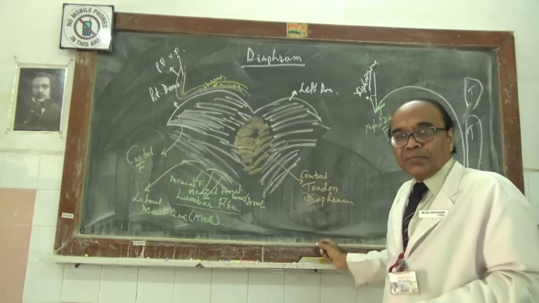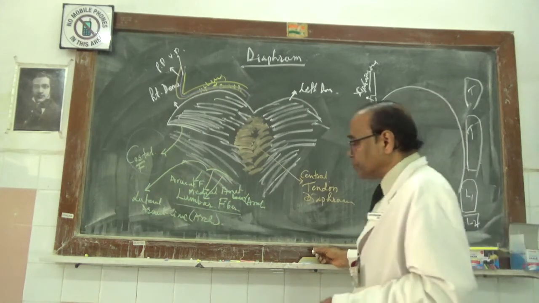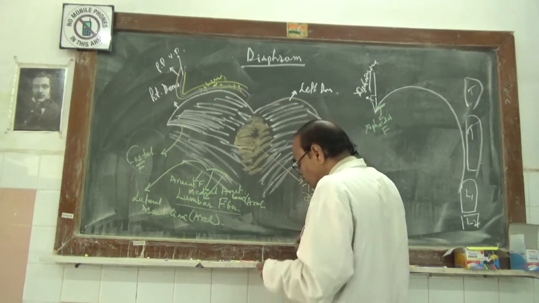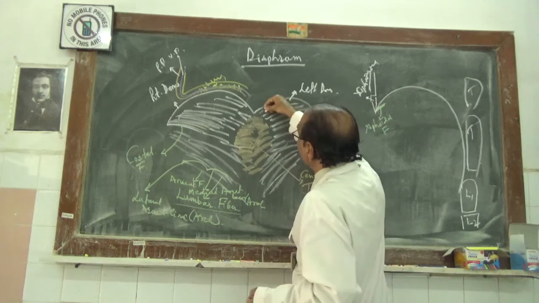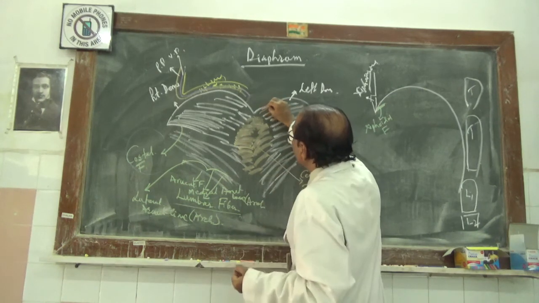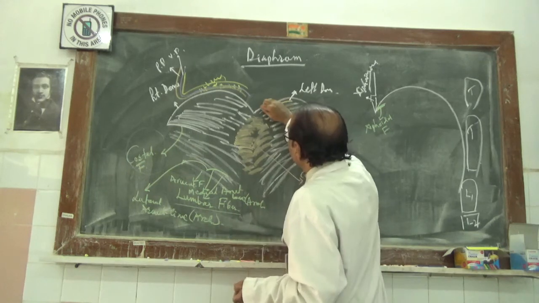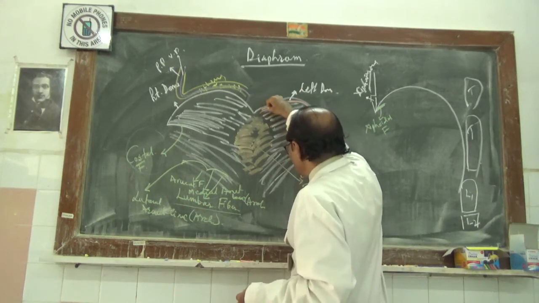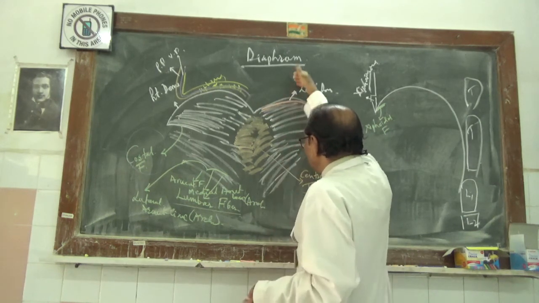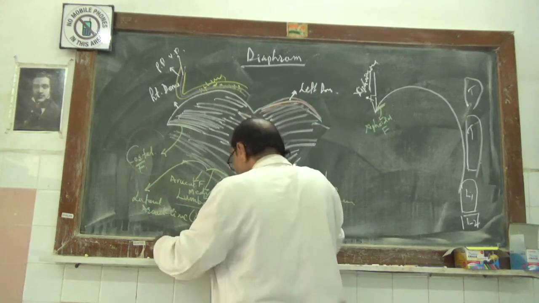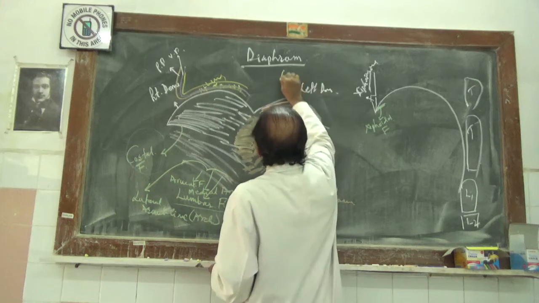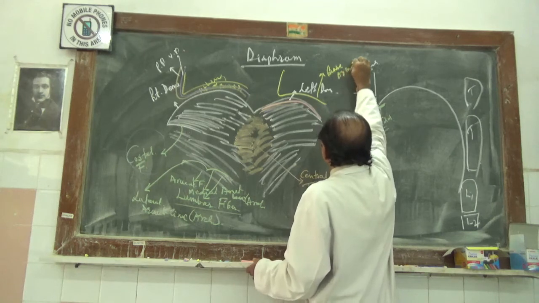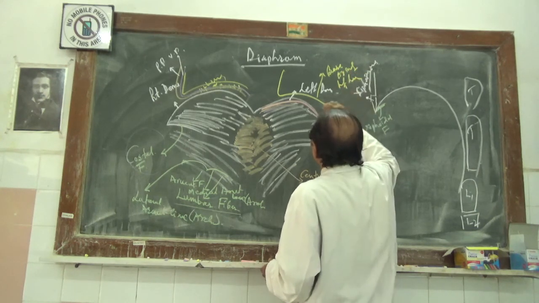The left dome of the diaphragm separates the parietal part of the peritoneum and the visceral part of the peritoneum from the base or inferior surface of the left lung as well as